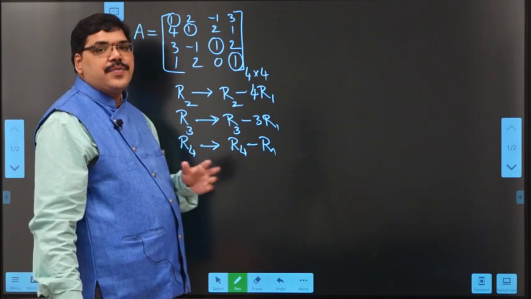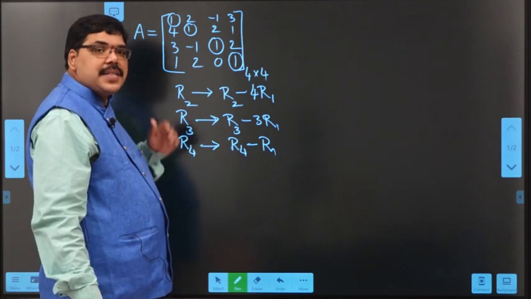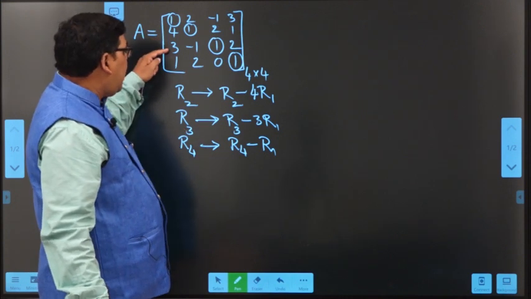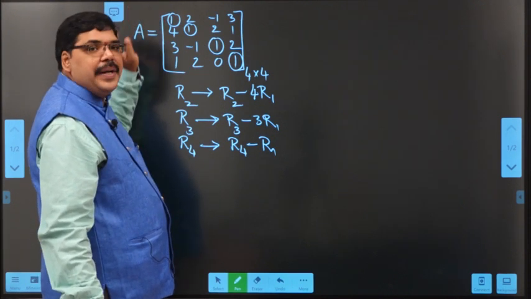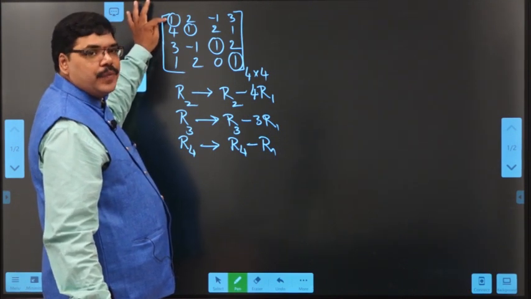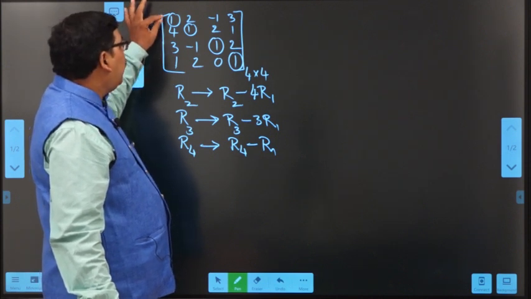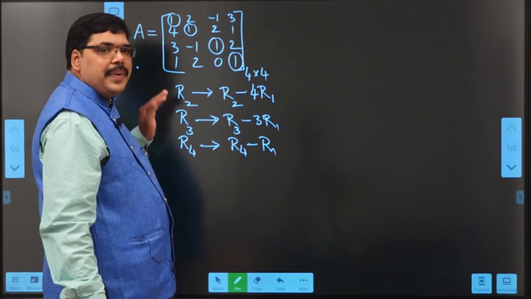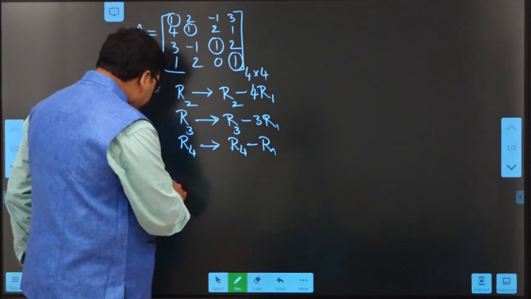See how these row operations will work. Why are we writing all the 3 row operations at once? Because we are changing all the 3 elements using the first diagonal element only. As we are using only this element to convert the remaining 3 elements, we are using the first row to convert the remaining 3 rows. We can write them at once. Okay. So what happens to the result?